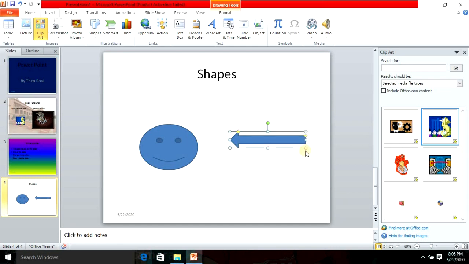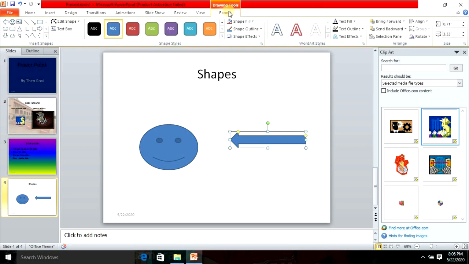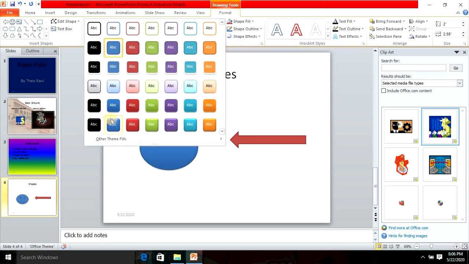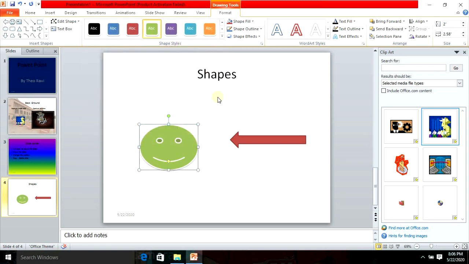Clear. Now you can format these shapes. You can fill the color of your choice. Look here. Green. This one.